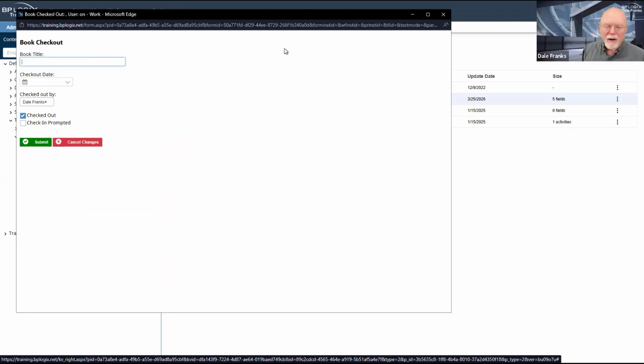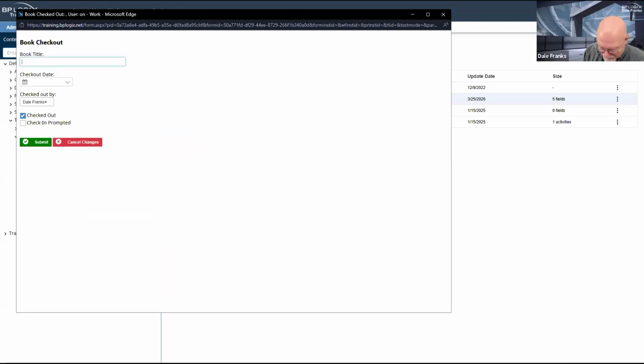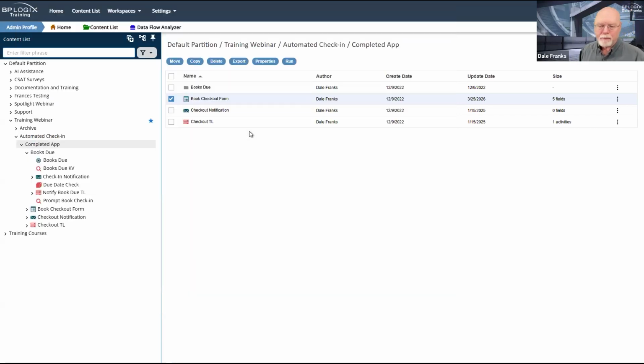Our book title, old Isaac Asimov classic, Nightfall. And we're going to set our checkout date to today, the 26th of March, 2026. It is checked out by me. The book is checked out. And I can just go ahead and submit it.